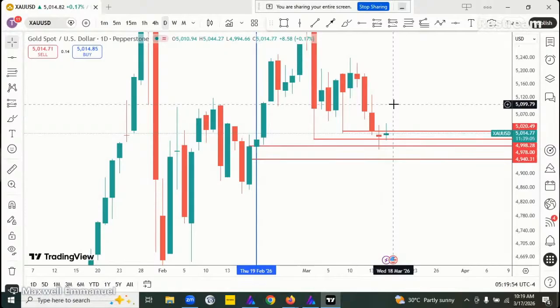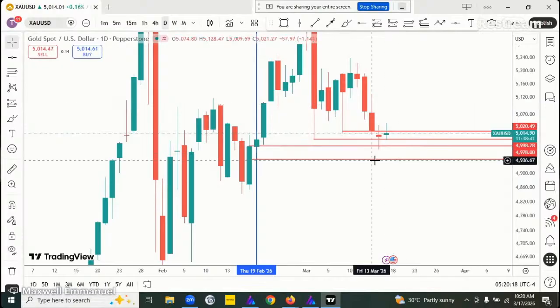So I would advise that before you trade gold or USD pairs, wait for the FOMC meeting to hold before you take a trade. And if you're going to trade before FOMC, be very conservative. Don't take unnecessary risk. Don't over leverage if you want to trade before FOMC. It's highly risky to trade before FOMC. So I would advise you wait.